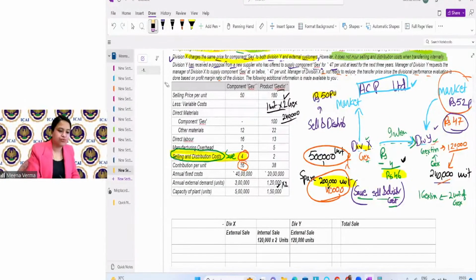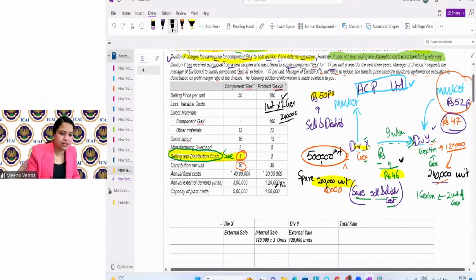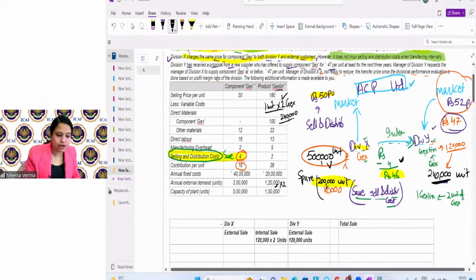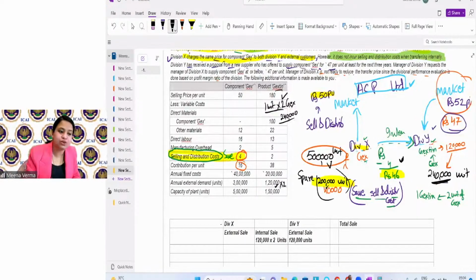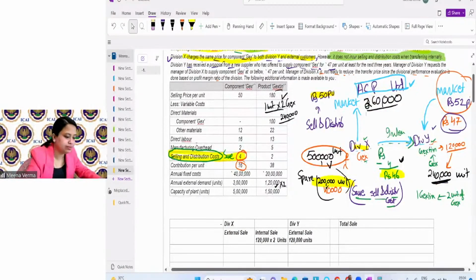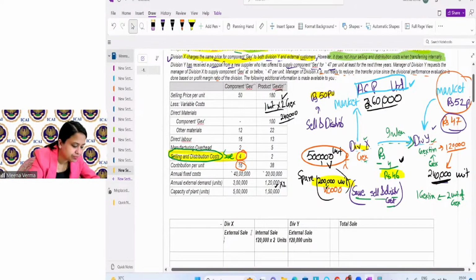Out of 5 lakh, if you are transferring 2,40,000 units internally, you can't sell the entire 3 lakh externally. And for goal congruence, we first give preference to internal transfer. All right, so the external sale here will be